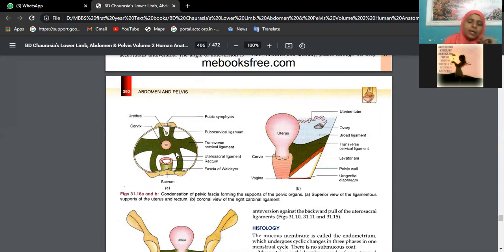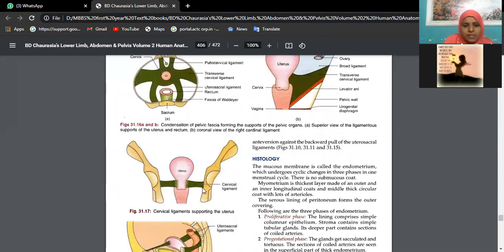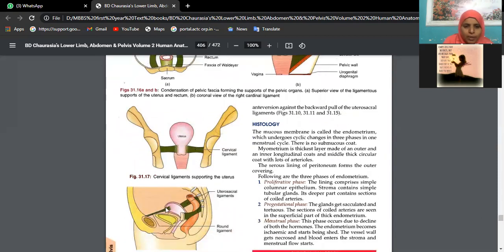As you read, you will get these words. From the cervix to the sacrum, behind, you have the uterosacral ligaments. This bluish area, whatever we are finding, is all broad ligament, which will be seen on both sides. The transverse cervical ligament is shown here also. This is the round ligament. The round ligament of the uterus is one of the remnants we see in the inguinal canal in females; in males it is the spermatic cord and in females the round ligament. This is the uterosacral ligament.